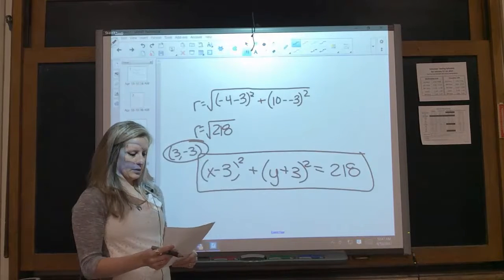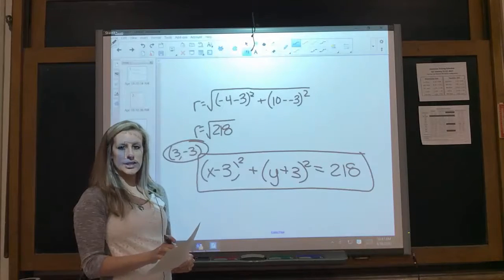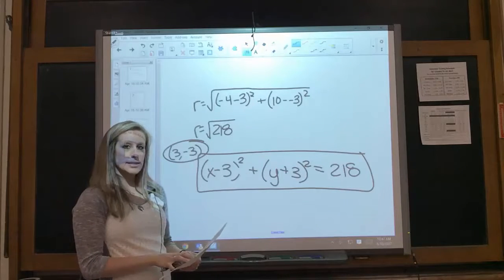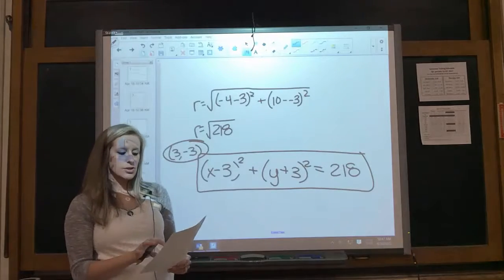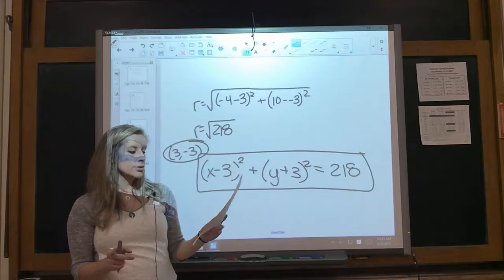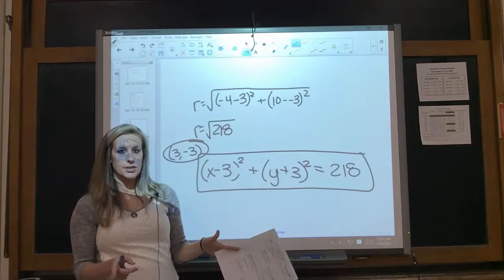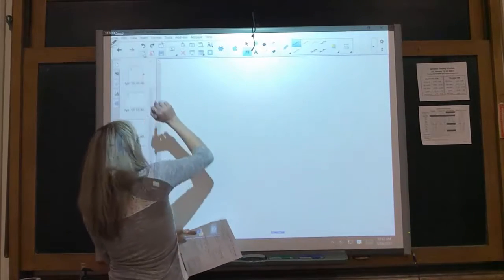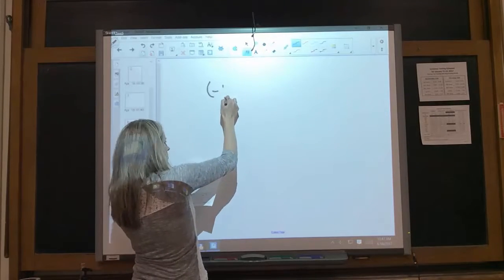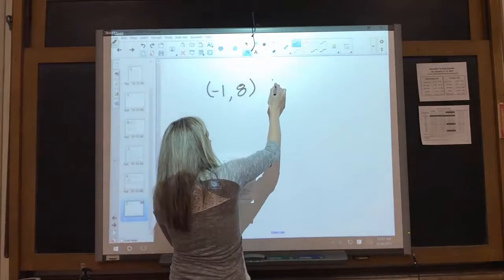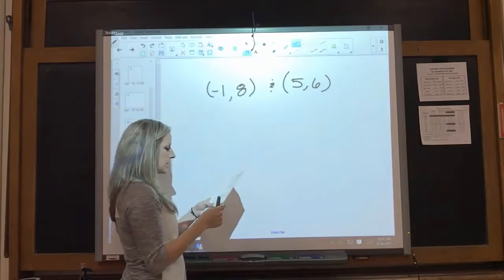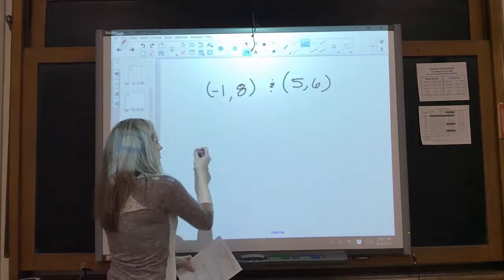All right, so y'all are going to do the other two in that section for homework. Let's look at the last section, because on the last one, you don't get the center. All they do is tell you 2 points, or 2 endpoints of the circle. So in order to find your center, you're going to have to use that midpoint formula. Okay, so on number 11, my center